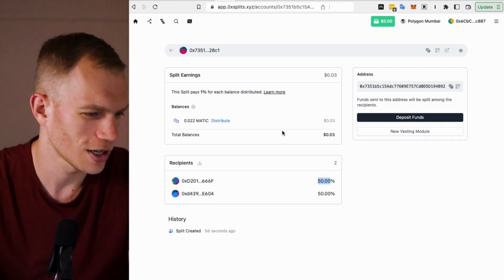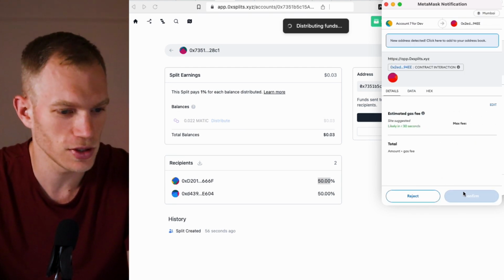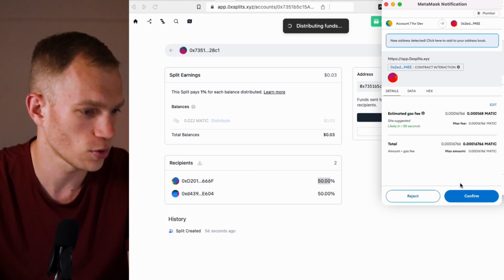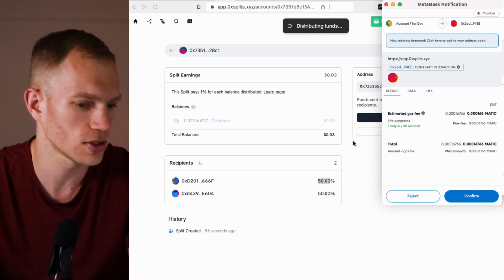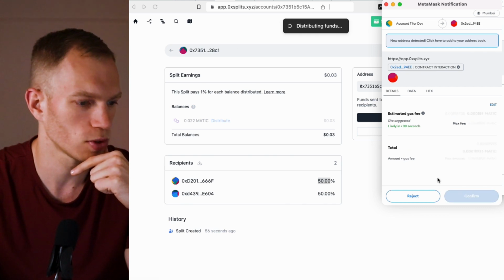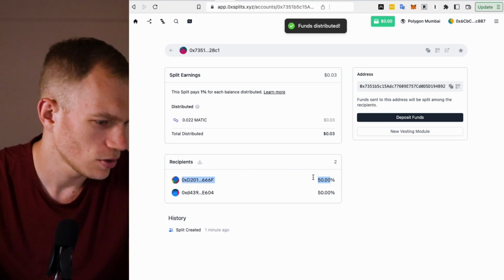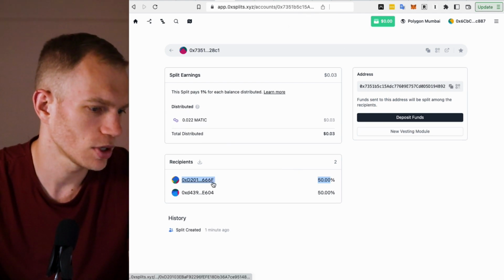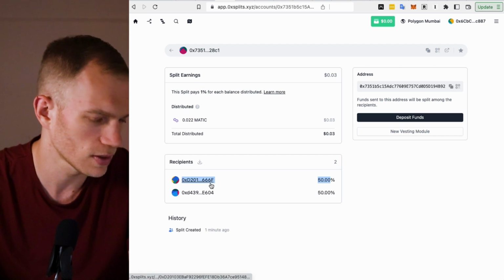So now we can click distribute, which is step 3. And again, as you can see here, I have to pay a little bit of gas for that. And as the account that is clicking this distribute, I'm actually being paid 1% of that total amount just to cover the gas costs. So now what we want to do is I'm going to navigate towards this address 66F,